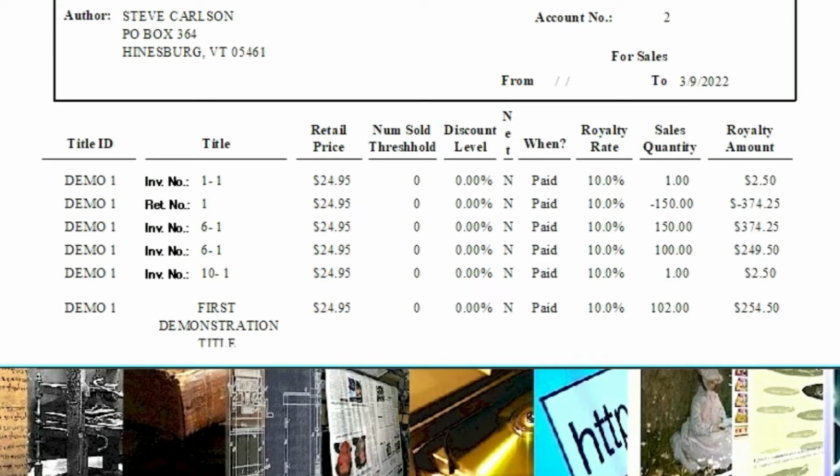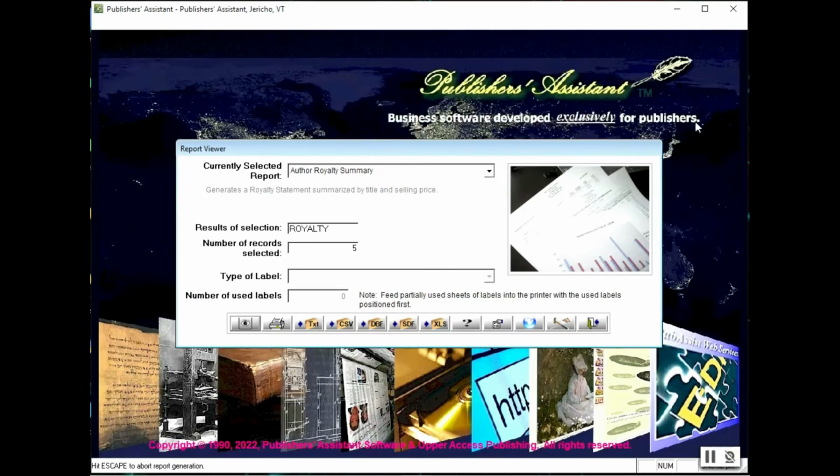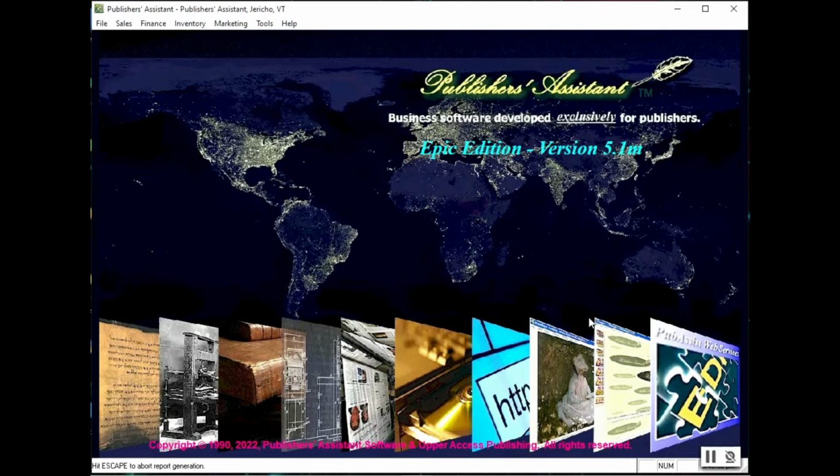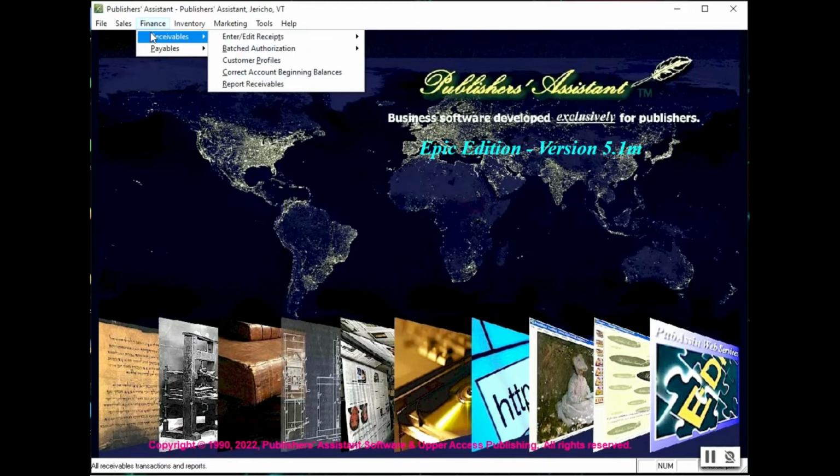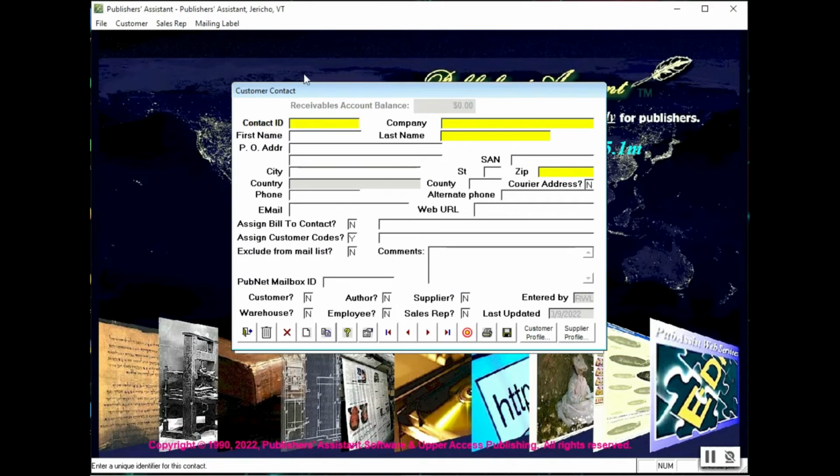Now, what if you receive a check from a distributor for multiple titles, from multiple orders over a period of time? At PubAssist, we know that you're not always paid for what you invoice, but rather on the number of copies a distributor sells. To log that kind of payment and see how it affects royalties, go to Finance, Receivables, enter Edit Receipts, New Receipt. We put in the distributor name,